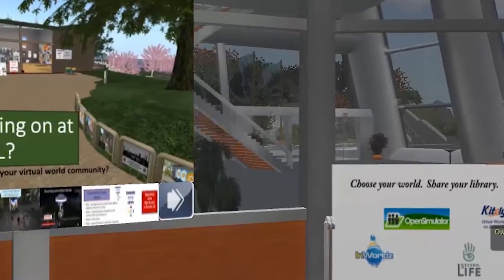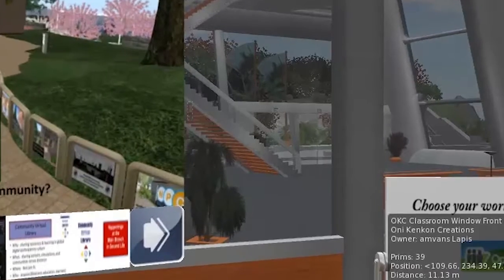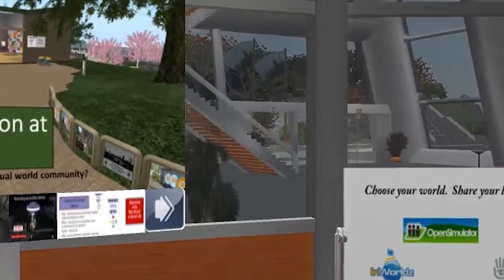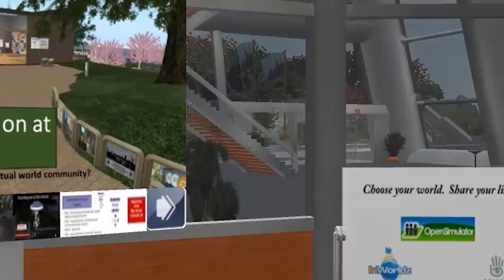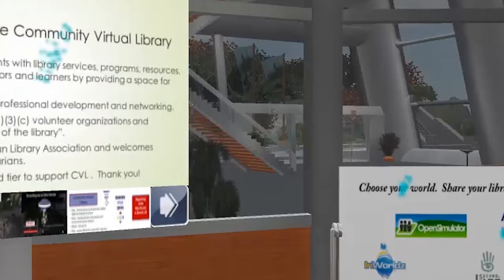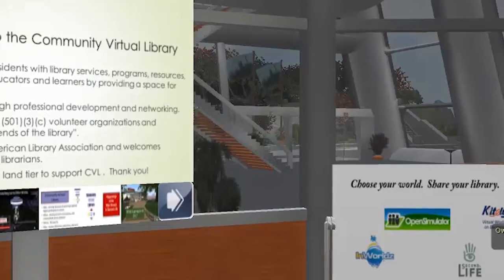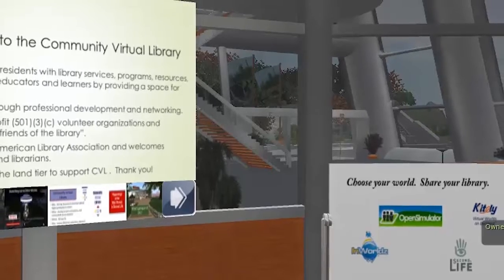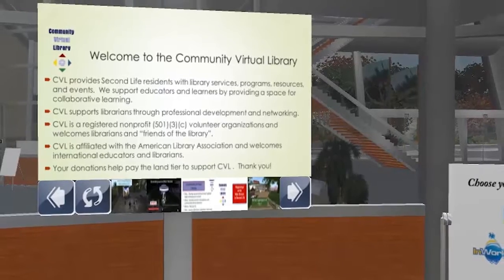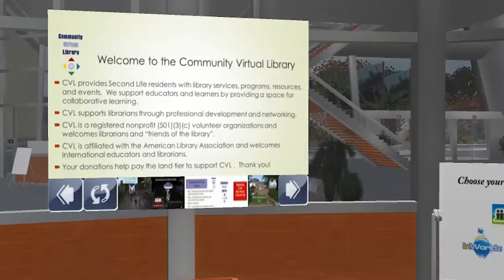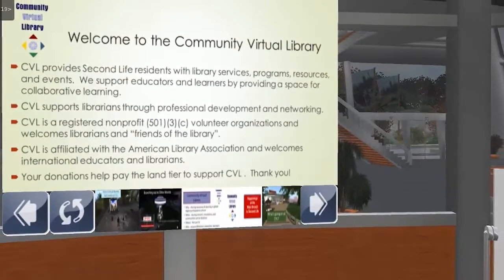There are some advantages to coming here in Kitely. It's much cheaper if you don't have an institution that's funding your library, and it's expensive in Second Life. Marie's going to tell you later how you can take advantage of the cost effectiveness here in Kitely. The Community Virtual Library is a registered nonprofit, and our main branch is in Second Life, where we rely on our fundraisers and donations. Here, Kitely is also relying on donations, but it's much cheaper here.